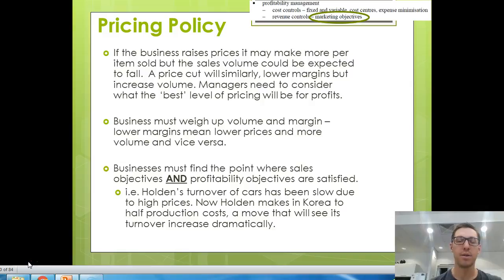That's really it in the context of marketing objectives. So it's fairly simple that to maximize revenues, or to improve revenue, to control revenue, a business needs to focus heavily on its marketing objectives, and that relates to things like sales mix and the pricing policy of the business. Next video will focus on the last part of strategy, which is global financial management.